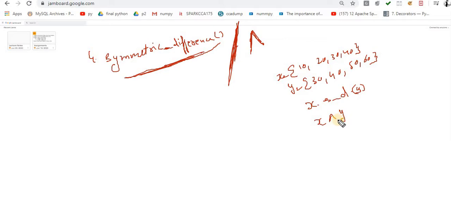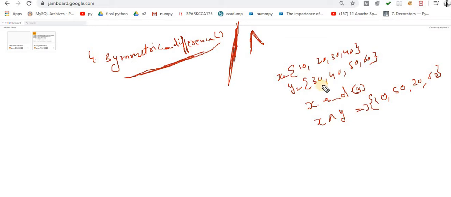So what output will you get in this case? You will get 10, 50, 20 as well, and 60 as well. Now understand why I get this output. In this case, it returns the elements that are present in either x or y but not in both.